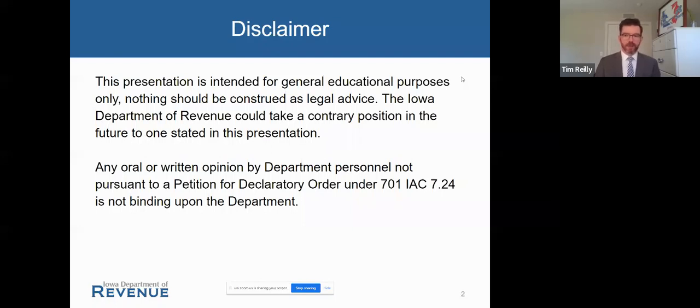And of course, the information here is informal, non-binding guidance being offered by the department. Anything that you wish to rely on from the department needs to be a written declaratory order that would be signed by the director. So if you do have any questions about any of the information that I'm presenting, or you think I make a mistake, please let me know. And if you want specific answers to specific questions or specific fact patterns, a declaratory order is probably your best bet.